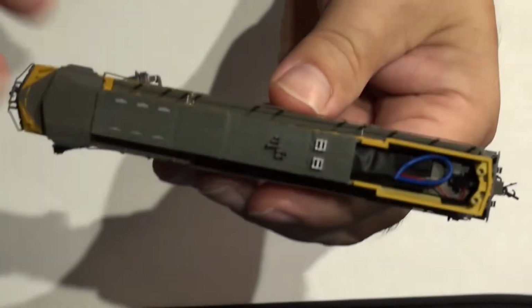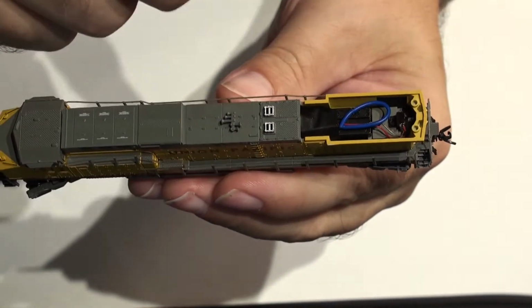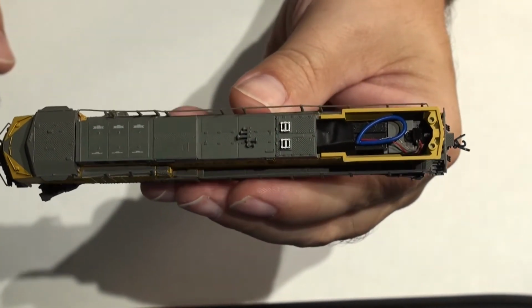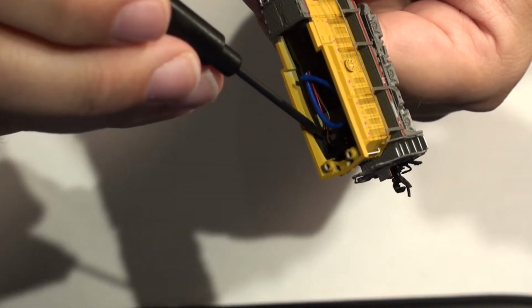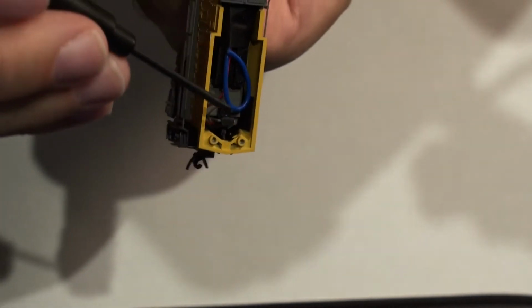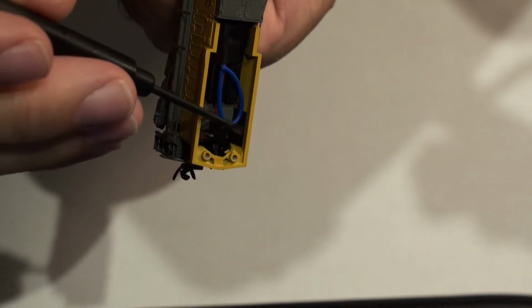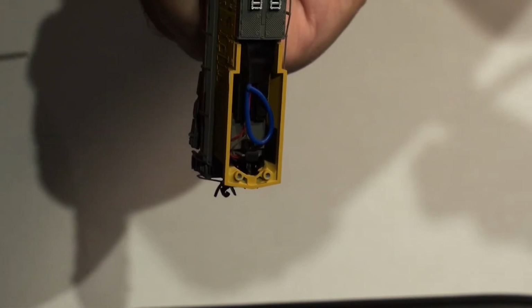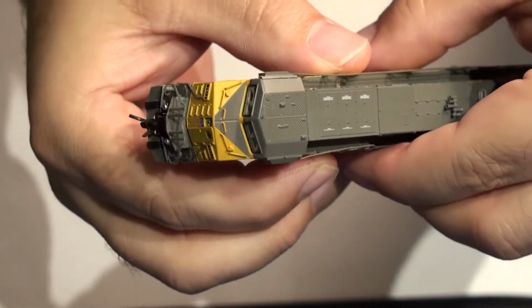As you can see on the inside, you have some light block tape put in already in electronics for the lights and the decoder. And there's a lot of yellow where the tape is not covering up, and that's where the light bleed is coming through. We've got to fix that. On the cab,